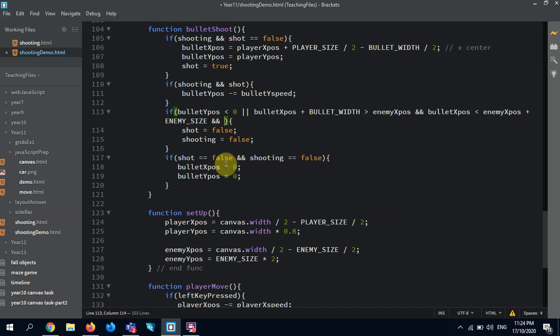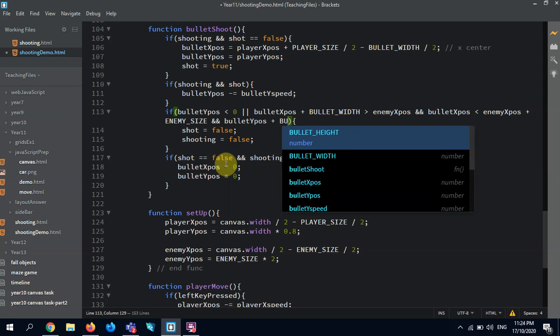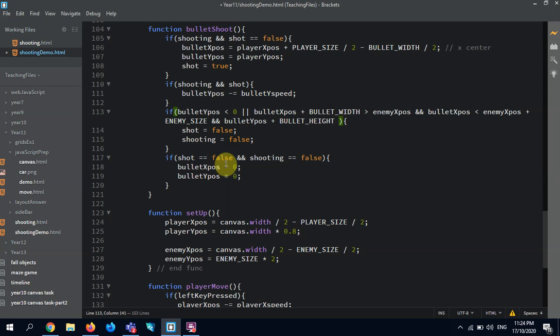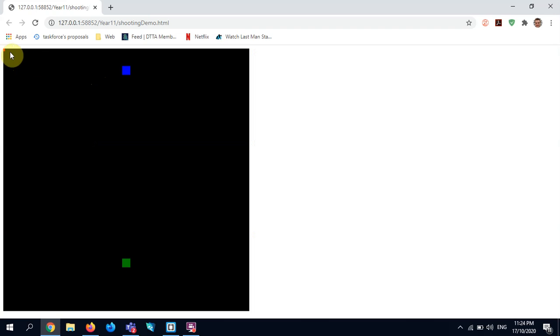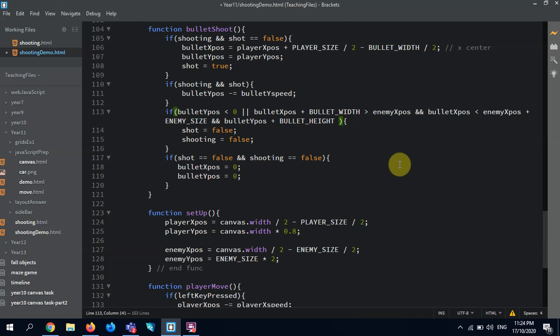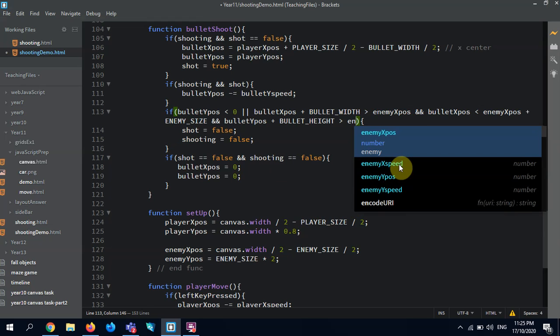So bullet y pos plus bullet height. So that would be the bottom edge of this is further down than the top edge of the enemy, is greater than, because it's further down. It'll be y pos,